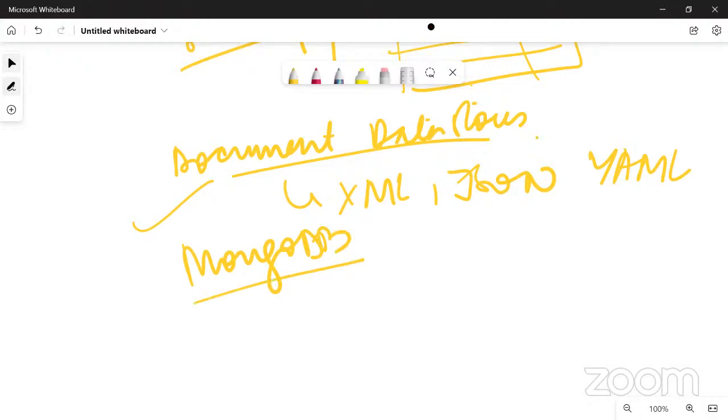Then we have graph databases or graph data stores. These are like document stores, but they're designed for graphs instead of document trees. This kind of data store is suited to store and query, let's say, a social networking site. An example of this you might have heard of is Neo4j.